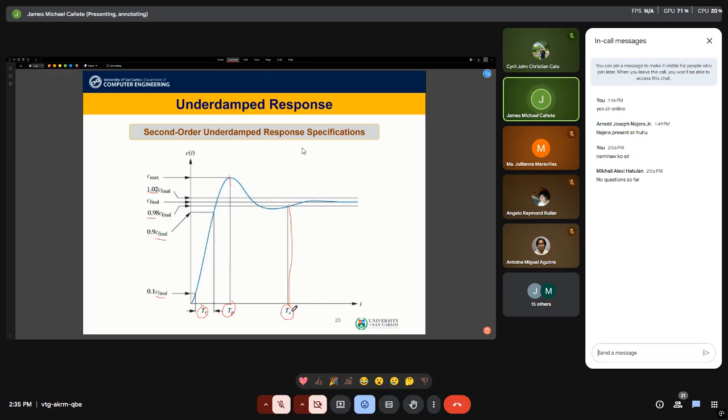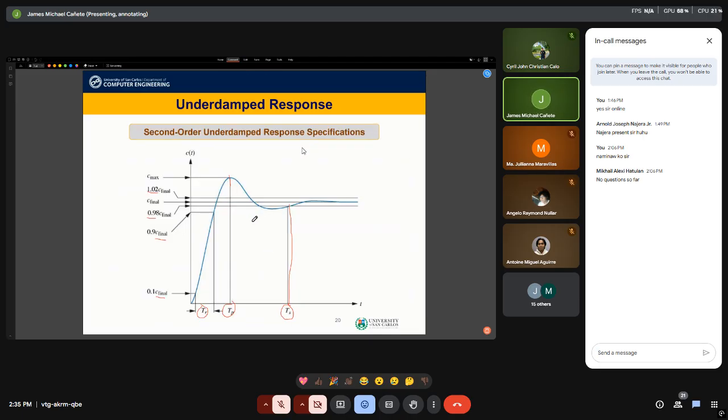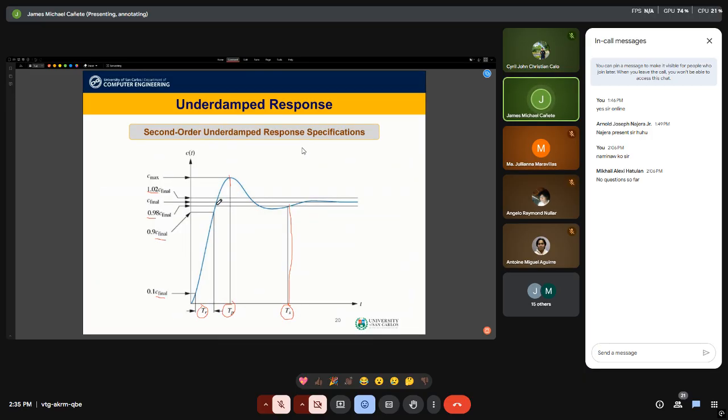So lastly, settling time. So again, that's why the definition here is stay within plus minus 2% because second order systems actually oscillate. So if it is within 2%, our basis is that it stays there. So if it reaches within plus minus 2%, by that definition alone, this point here could be our settling time. But as we observe the output of the system, it goes beyond. It has not yet settled to its final value. It goes past here. It has reached the definition of plus minus 2%.